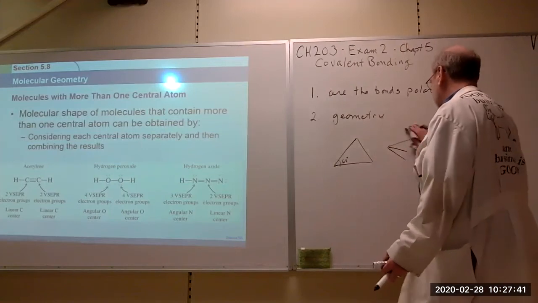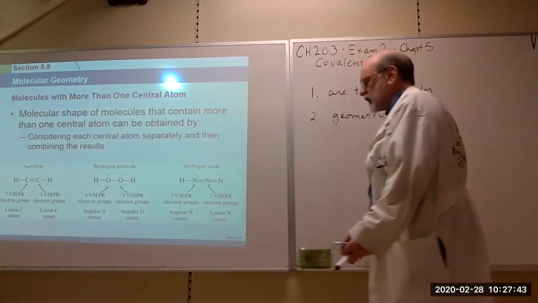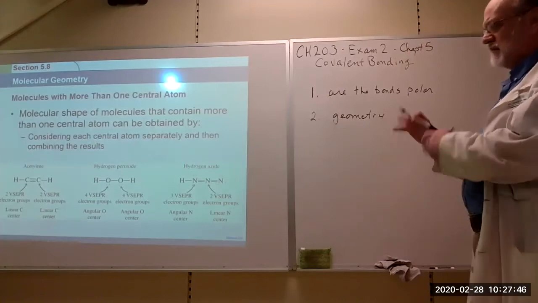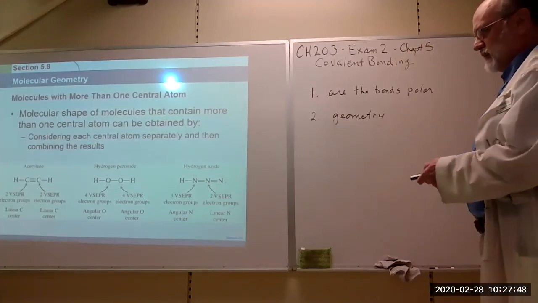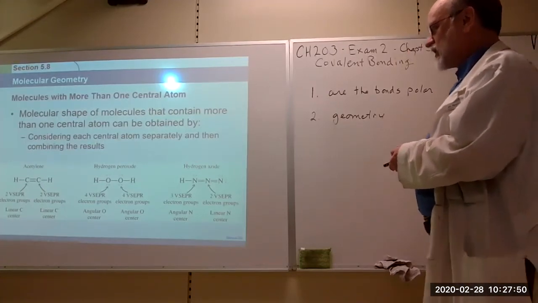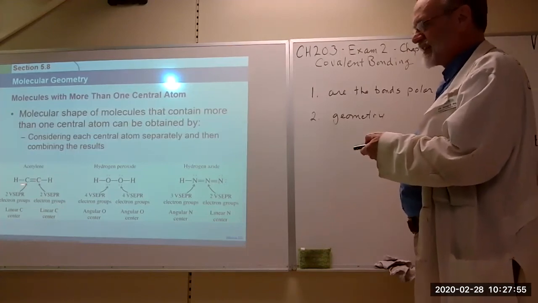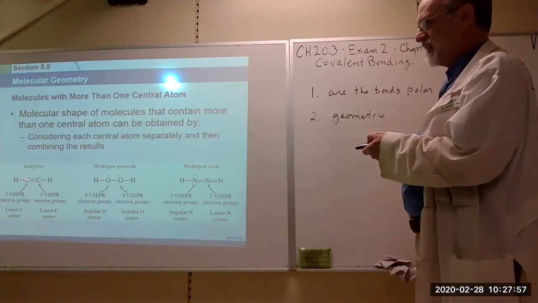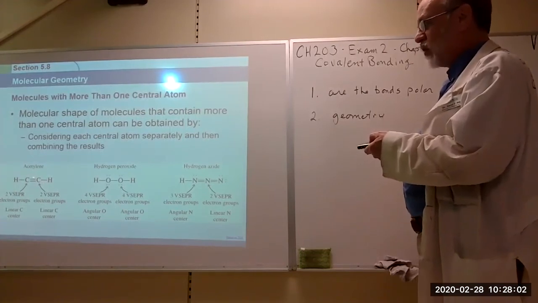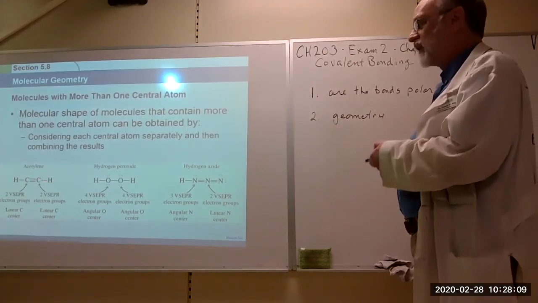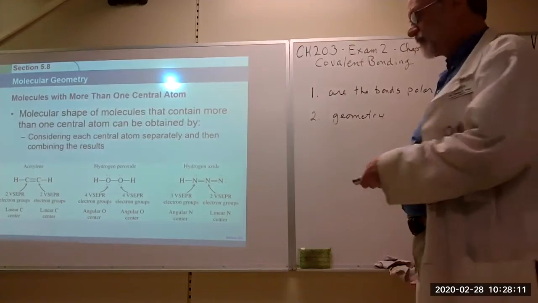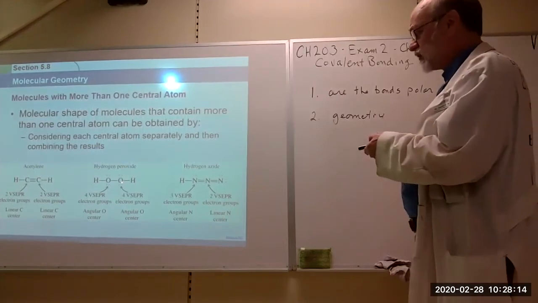This just makes the point that you can consider the geometry around different atoms in a molecule. As it turns out, if the molecule is completely symmetrical, like acetylene, this carbon is exactly bonded the same way as this one is. So this is linear and that's linear. So if they're both linear, then the whole molecule has to be linear. Whereas this one